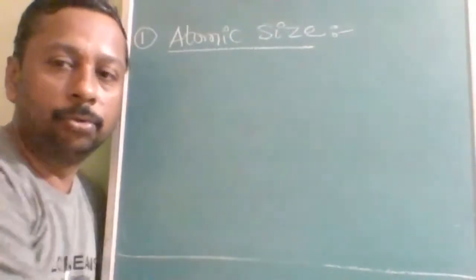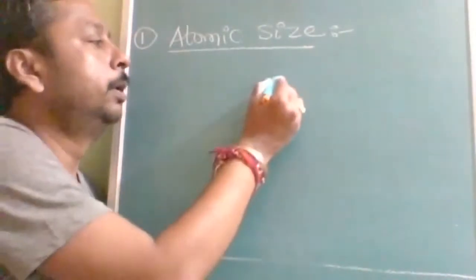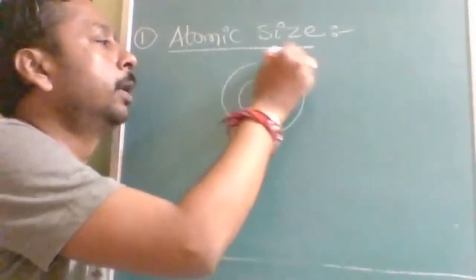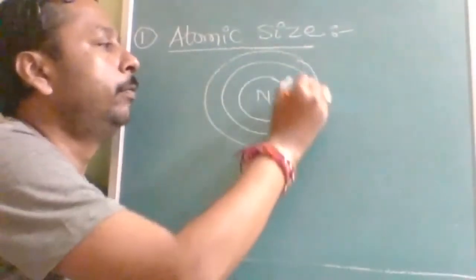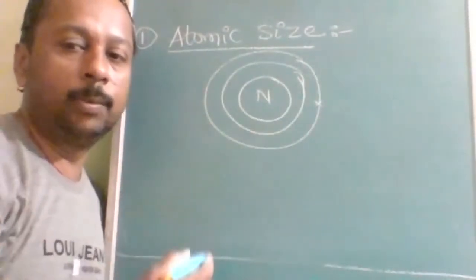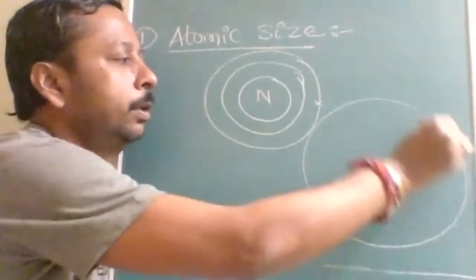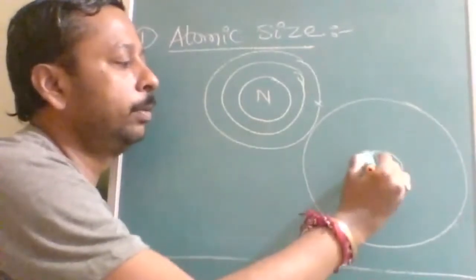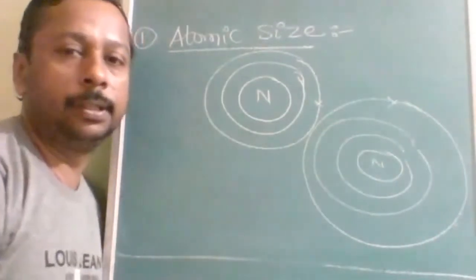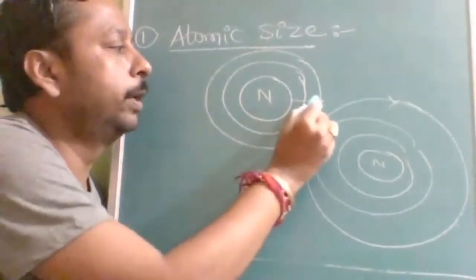It is difficult to remove electron from small atom or from large atom. In small atom, what happens? This is the nucleus. This is the electron, or somewhere this is the electron. We wanted to steal or remove the electron. Understood? But if I take a big atom, nucleus will be somewhere here and electron will be somewhere here. So where is it easy to remove the electron? Here it is very nearby.